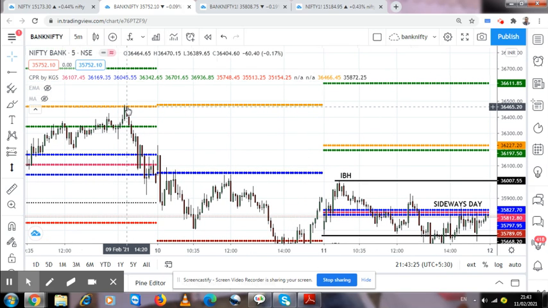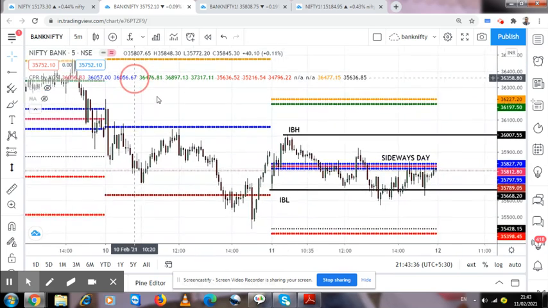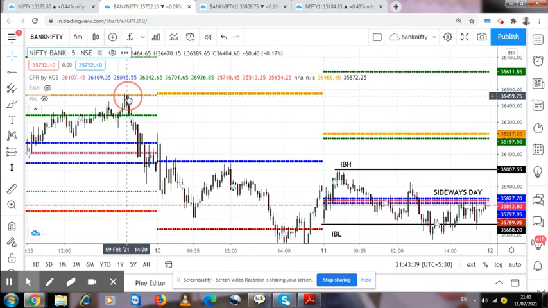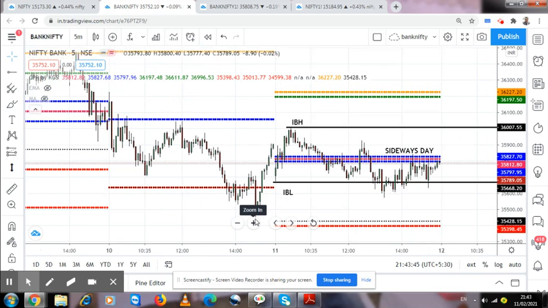You see here the price 36,465. The price rejected here on 9th of Feb. After that you can see the fall, from here till here. For the very next day it hit here 35,400, almost 1,000 points, and then from 1,000 points it has retraced back to the 36,000. Now we have to see whether today's initial balance which has been established is going to break tomorrow or not.